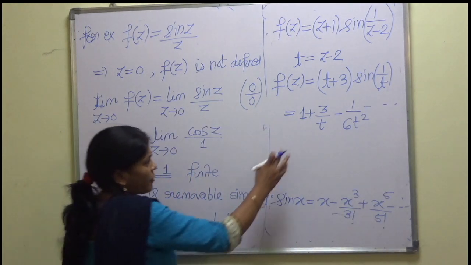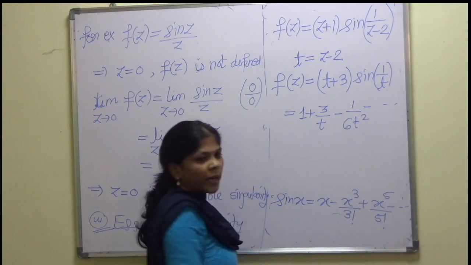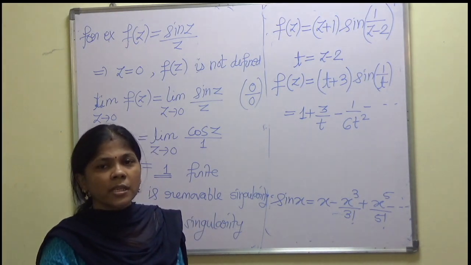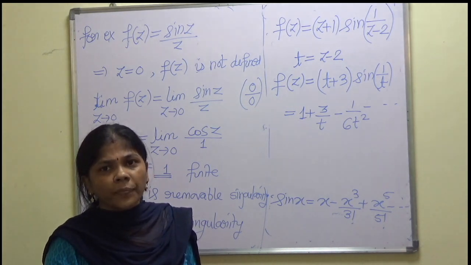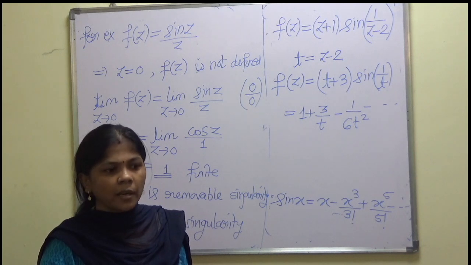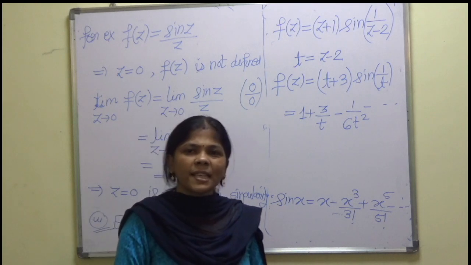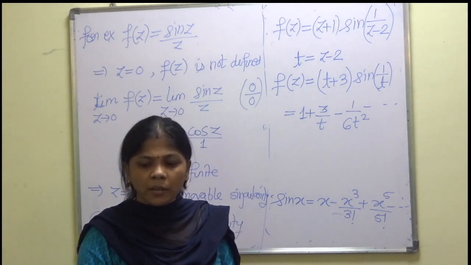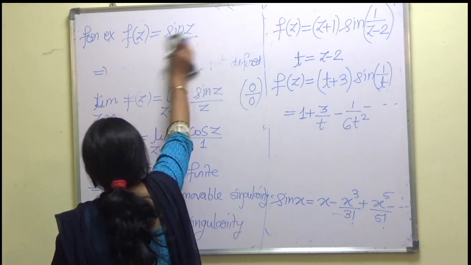As we are finding an infinite number of poles, t to the power 0, then t square, and in the next term t cube, up to t to the power n, there are infinitely many poles. Such poles are called essential singularities. I hope these concepts are clear to you all. All these basic concepts are required in order to deal with examples based on the Cauchy residue theorem. Let us see the next topic.